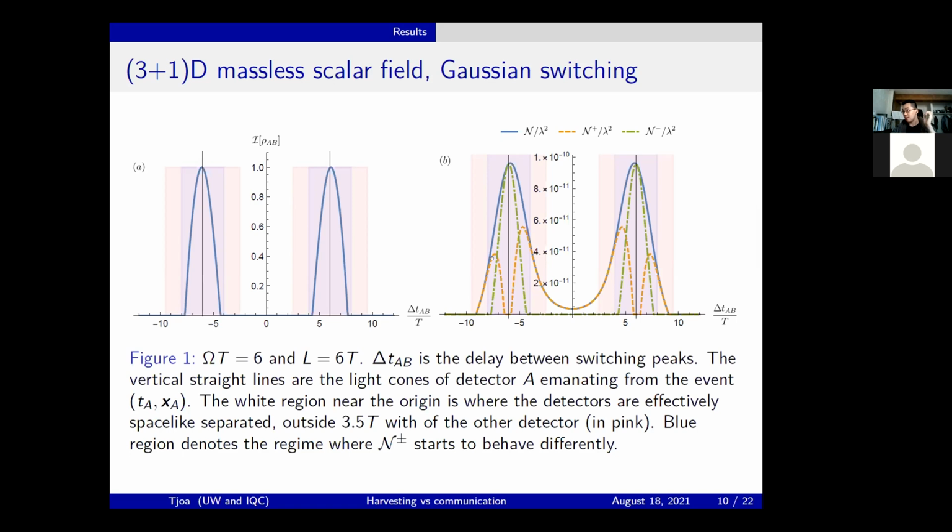And you will see that once you are in the blue region, the N plus starts to drop actually very quickly, while the communication part starts to climb very quickly, and that's essentially the story. The story is that the harvesting part miraculously kind of like